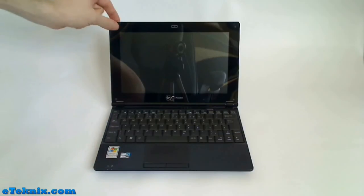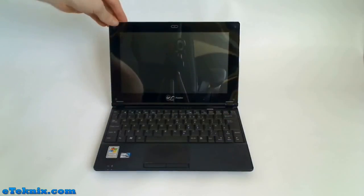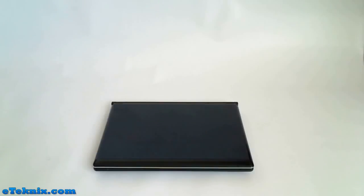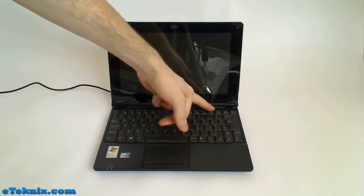Other than that, you will notice all the way around the screen are these rubber points, so that when the screen is actually closed down, it won't leave any keyboard marks on the screen. To turn the netbook on, you simply hold down this button here,